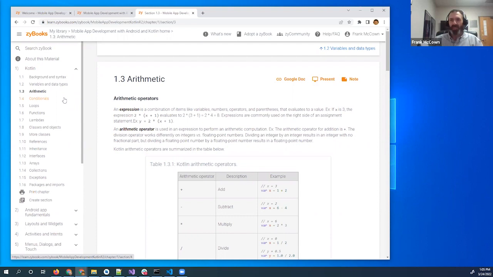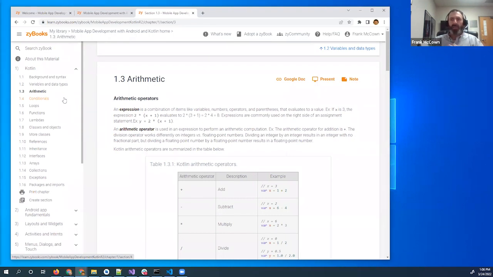Yes, the book has undergone quite a few changes over the last couple of years. Of course, this is the first version of the Kotlin version of the book, but Android is constantly evolving and best practices are constantly evolving. So that's something that I try to stay on top of. And there's even recently been a pretty major change in what Google thinks is best practice, involving getting data from a database or from a web API. So there definitely will be changes made in the future.